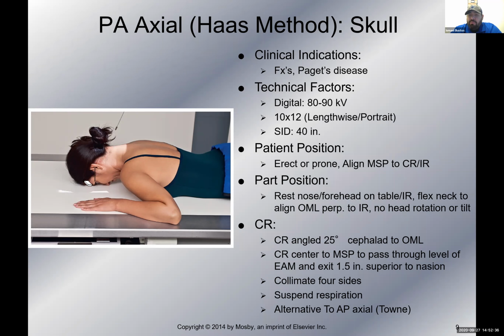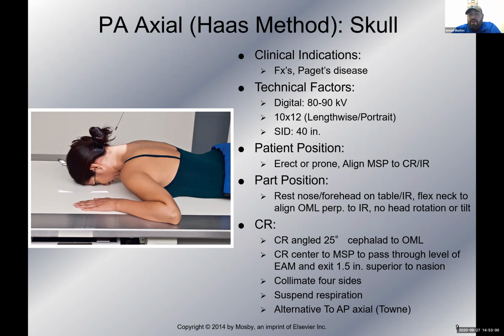Flex the neck, again, bring that OML perpendicular, no rotation or tilt of the head. So again, get to the edge of the bed on the patient, right? And look at the head and make sure that it's not rotated or tilted, okay? That's the best way you're going to be able to tell if it's rotated or tilted until you get to the radiograph. Once you've done all that, right, we're going to make sure that we have our CR angled 25 degrees